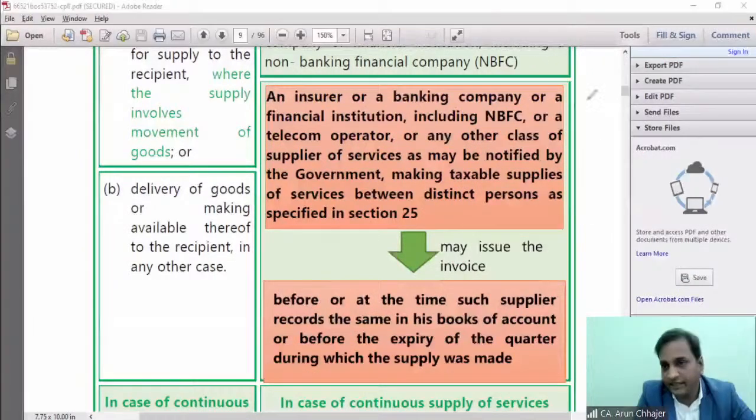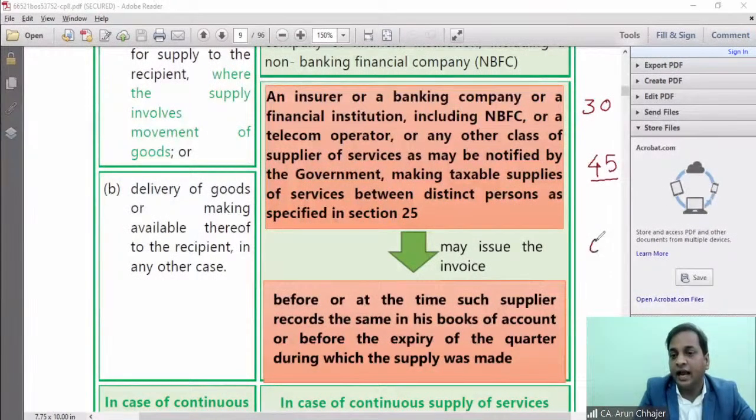So now we are clear that normally in case of services, the invoice has to be issued within 30 days. And in case of banking, insurance, financial institution and NBFC, 45 days. And in case of the distinct person, same. Insurance, banking, financial institution, NBFC, including telecom operator. Including telecom operator, if they are providing the supply between distinct persons, they can supply,